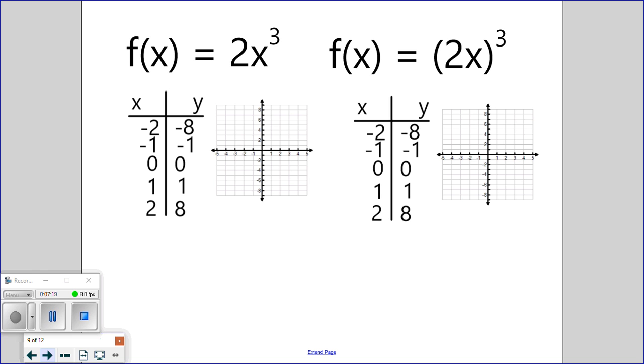Looking at these side by side, we can see that no parentheses makes this an outside 2. With parentheses would make this an inside 2. And again, that will change it from being vertical to horizontal. This first one, outside, means that it is vertical, and vertical things are exactly what we see. We don't have to change anything. So since it's a number bigger than 1, we would say that's going to stretch our graph by 2. I take that number that's outside, I multiply my y column,